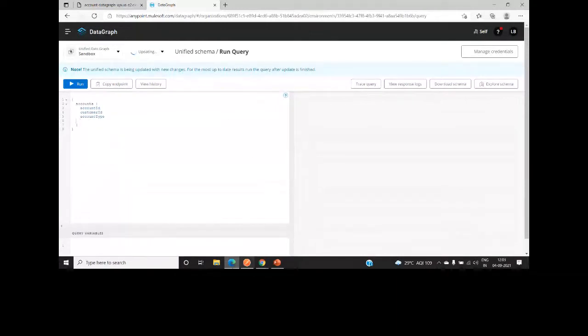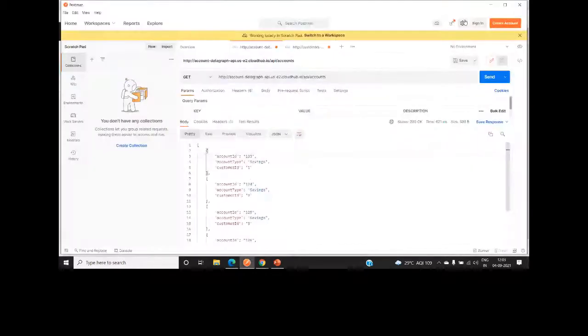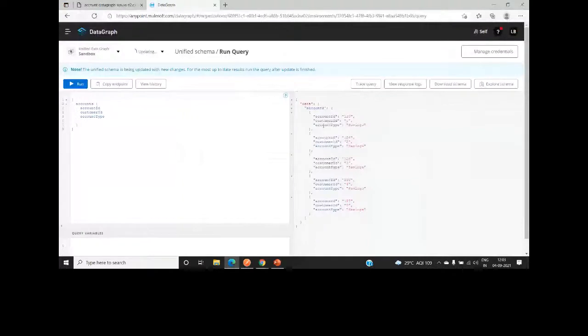Let me check what fields are returned by accounts. Yeah, so these are the three fields. Let me run the query. So we got account ID, customer ID,